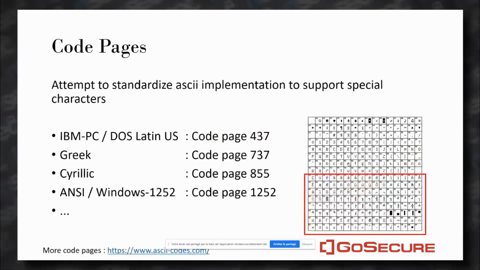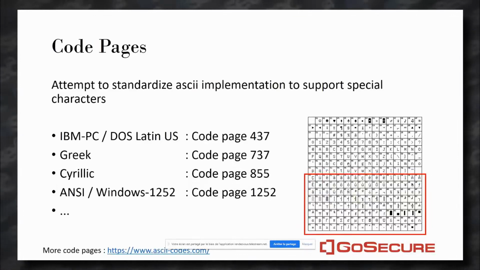A code page will be basically a variation of the second half of the assigned byte. So any character from 128 to 256 will be assigned a different code page. An IBM PC would have a default code page, but maybe a Russian computer could use some code page to write text with Cyrillic characters, to be able to write Russian.